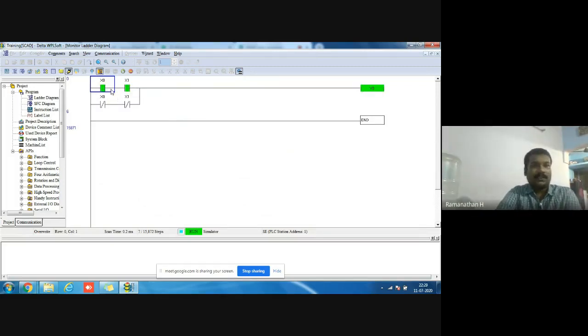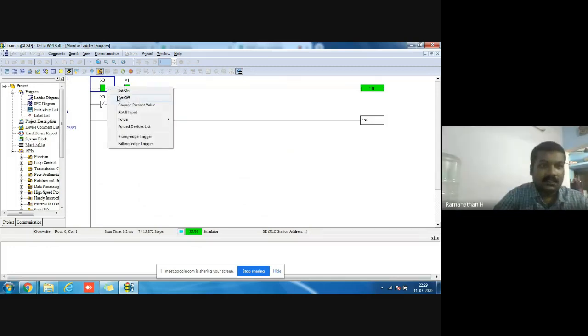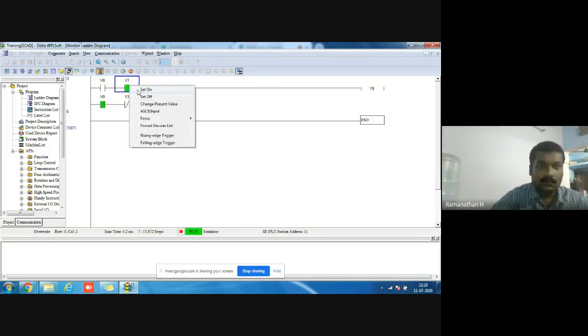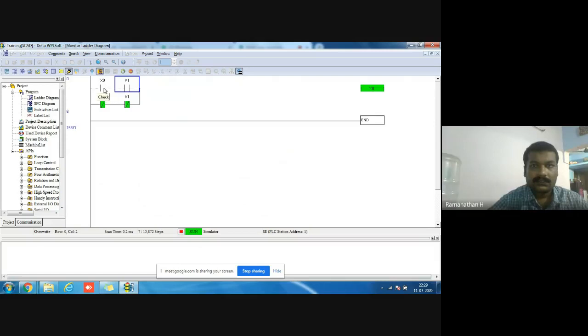These are the two inputs X0 and X1. Both are 0 gives 0.